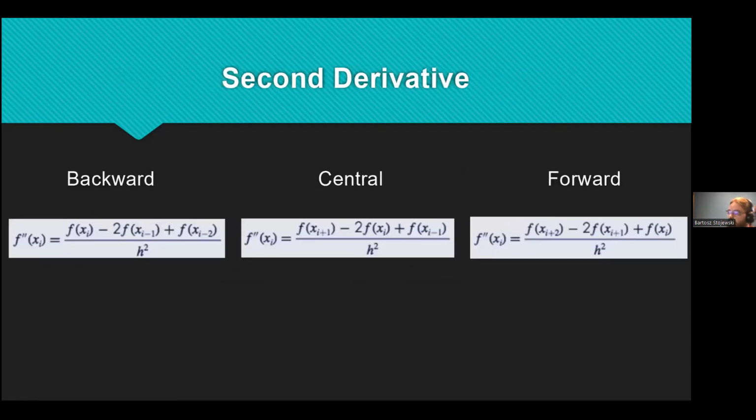Previous formulas were correct only for the first derivative, and they were using 2 points in space. It's impossible to approximate the second derivative with only 2 points in space. That's why we need to have at least 3 points for the second derivative. Those are the most simple formulas we have to approximate the value of the second derivative in backward, central, or